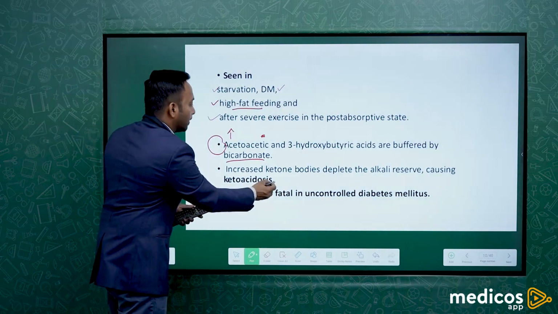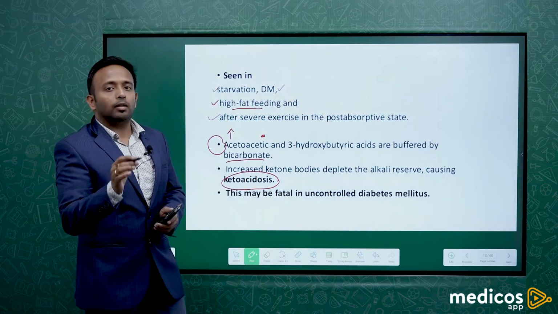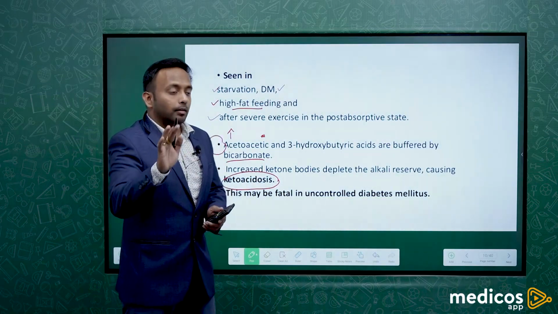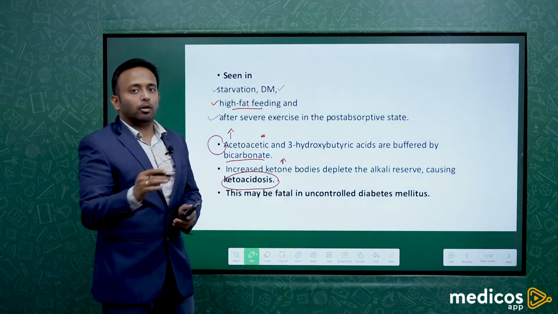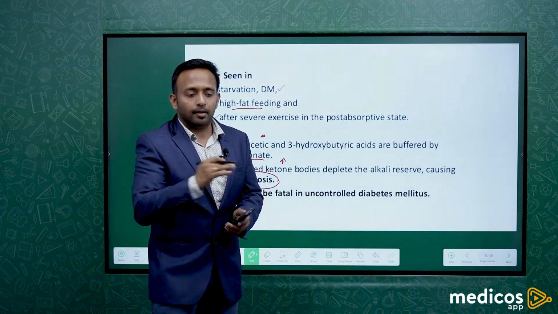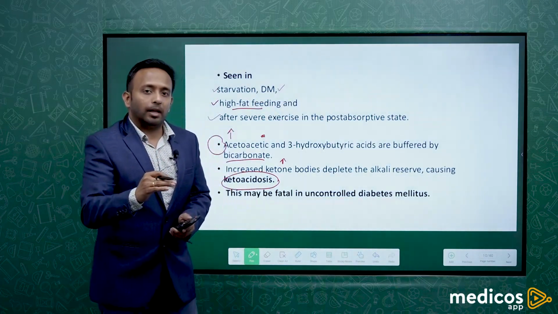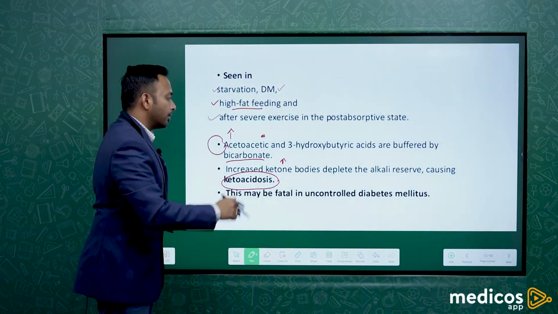So the person will end up having ketoacidosis, that is an acidotic condition due to a decrease in the alkaline reservoir. For what reason? Due to excessive ketone bodies. The more ketone bodies, the more we utilize the bicarbonate buffer, decreasing the reservoir. Decreasing the reservoir of bicarbonate will lead to acidosis, and the acidosis is due to ketone bodies, hence we call it ketoacidosis,